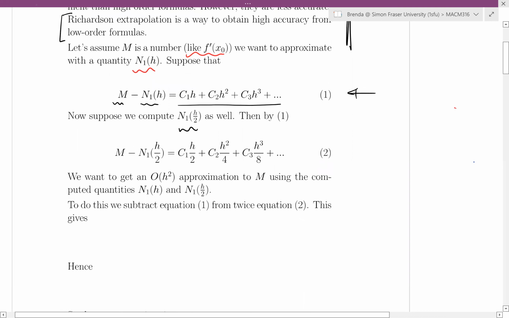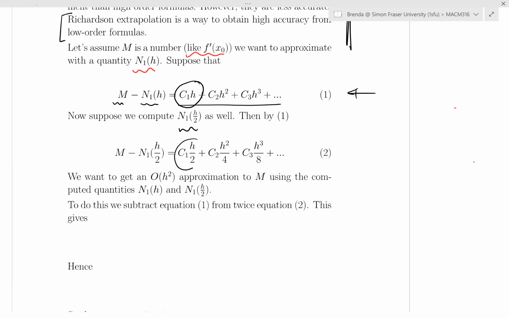We recognize from looking at this that this is an O(h) approximation. This one here is also an O(h) approximation. And what we're going to try to do is combine these two to get an O(h squared) approximation. Maybe you can see it immediately. What you should do is